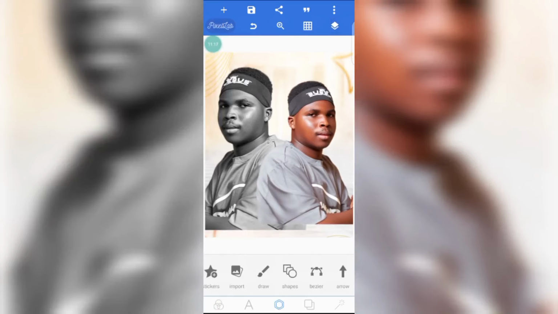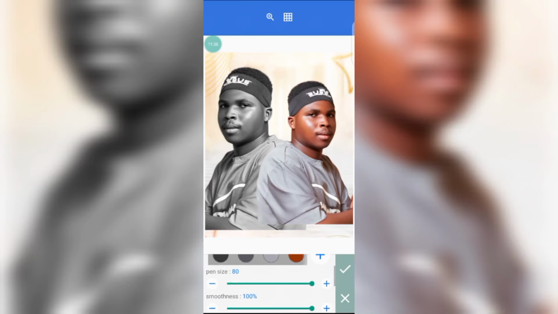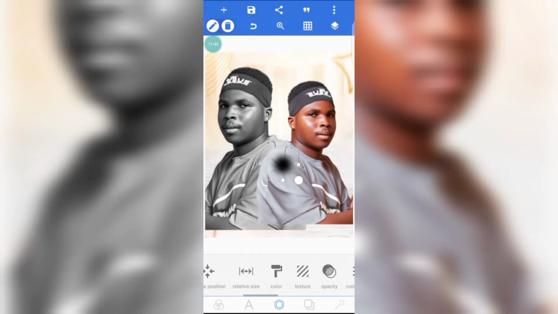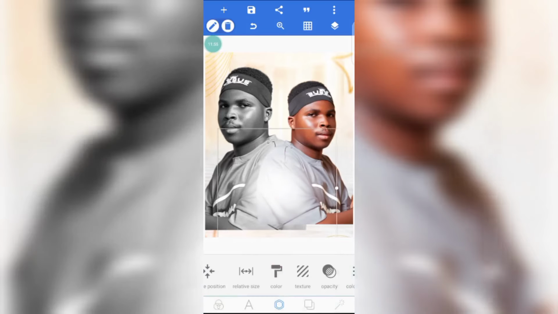Now we need to cover these sharp edges you can see right now. We need to cover them. So how do we cover them? I'm going to teach you the easiest way to do that. Click on draw, increase the pen size, increase the smoothness, increase the blur radius, then click on your screen. Hope you can see what I've done. Then click on the good icon, go to color, enable it, give it a white color. Beautiful. So stretch it,